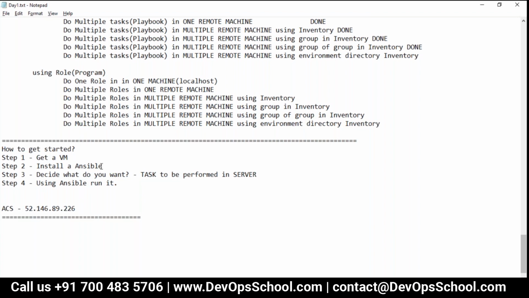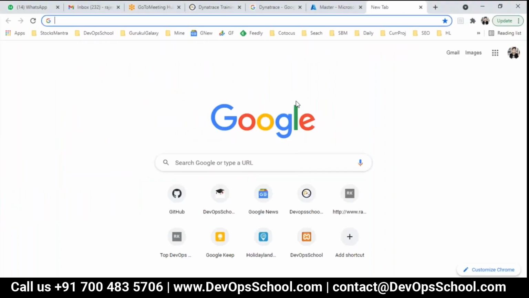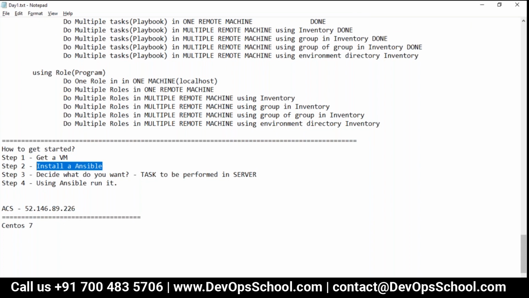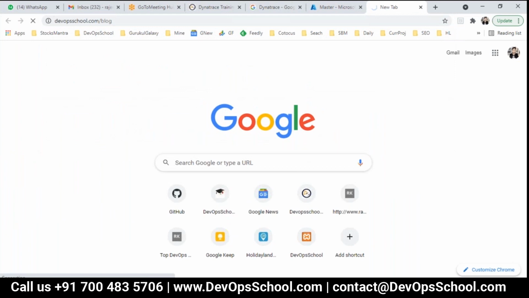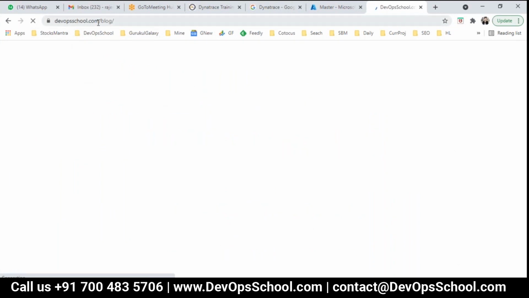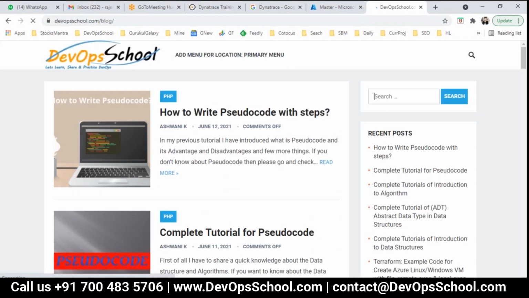Now, what I need to do is install Ansible inside it. Okay, by the way, let me tell you, the machine which I'm using is CentOS 7. Please understand that. Now, how to install Ansible on CentOS 7 and Ubuntu and all? It's a very easy instruction, you will find it on the Ansible website. But yes, every content I have refined and put at my portal also. That's called devopsschool.com/blog. So if you want to install Ansible, I'll just type Ansible in the search box and search. That's all.